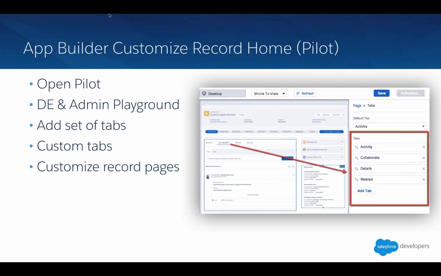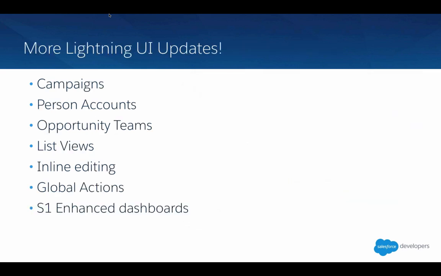So we just talked about App Builder, Customized Record Home. I encourage everyone who has not yet, or maybe everyone who hasn't done it recently, to get into their DE environments or their admin playground environments and play around with adding sets of tabs, maybe creating some custom tabs with custom components. There's a lot of great free components to experiment with on the Lightning Exchange, or you can go through and build some components, use the Lightning Design System, or build a Visualforce component. I really encourage everyone to go to that pilot and get comfortable with it so that when it is GA and you are using Lightning, you already have all these ideas and skills built up so you can deliver really great customized pages for your users.